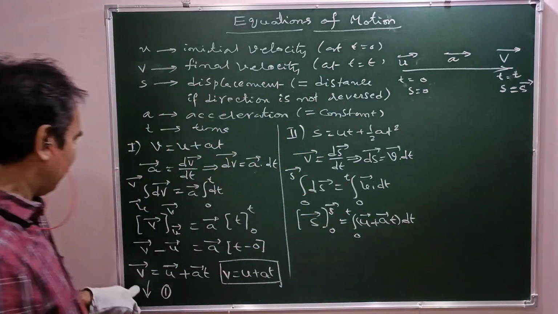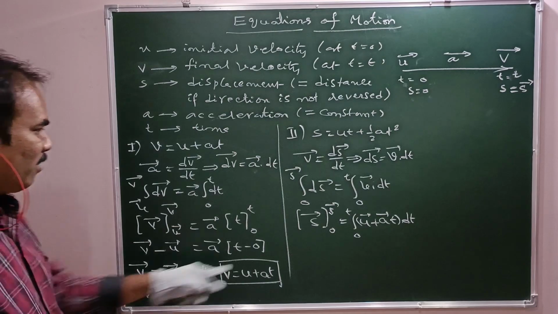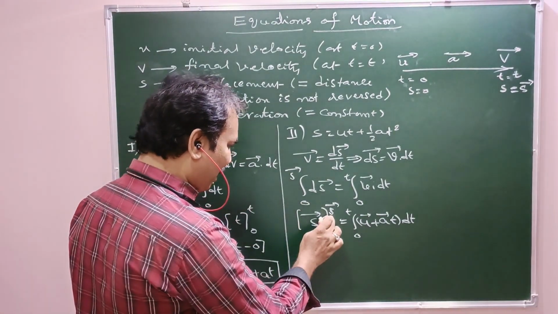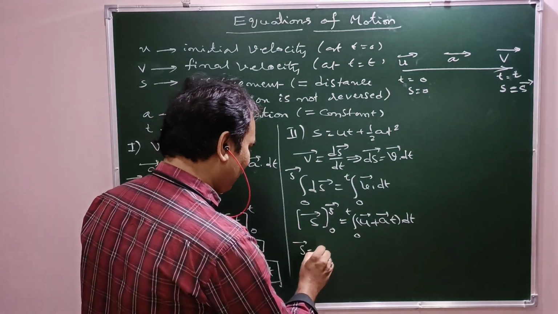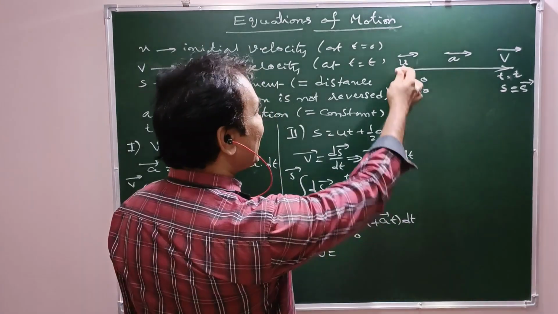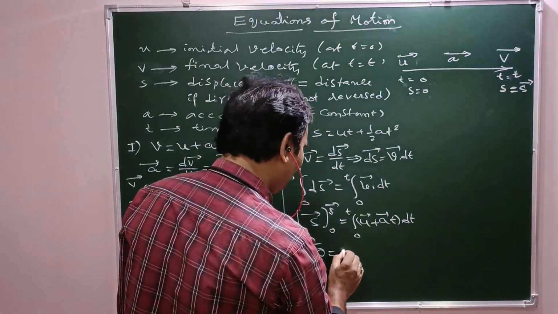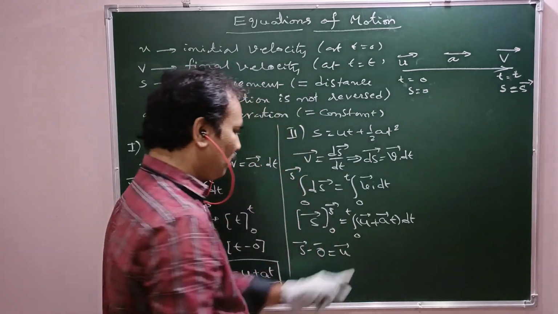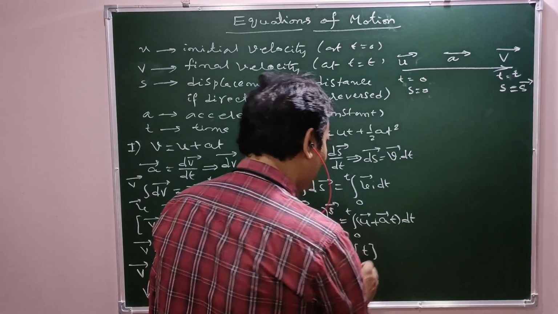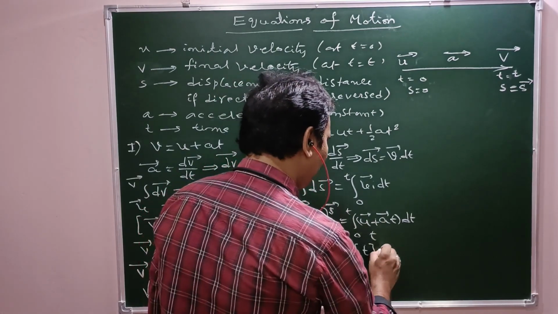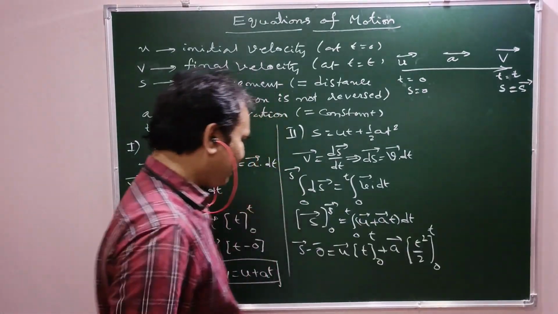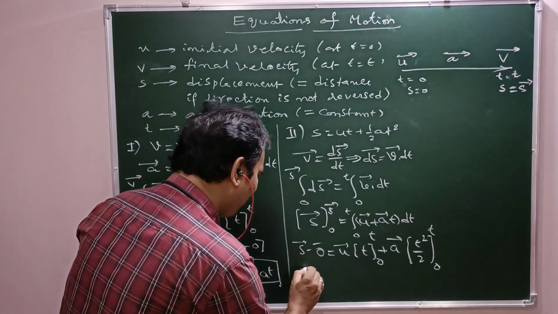From the first expression, v bar equal to u bar plus a bar t. Now s bar, upper limit minus lower limit, that is s bar minus 0 bar, equal to u bar, which is constant, initial velocity constant. So u bar into integral dt means t, limits 0 to t, plus a bar constant, integral t dt means t square by 2, that is s bar minus 0 means s bar